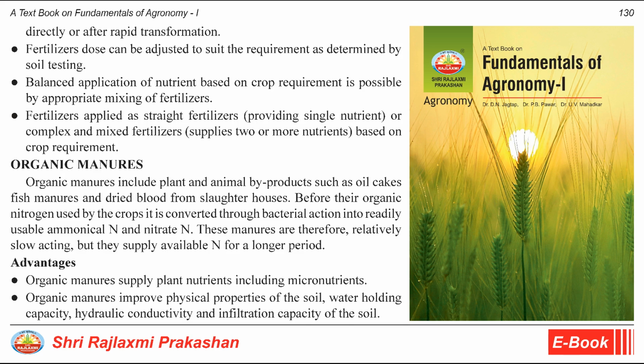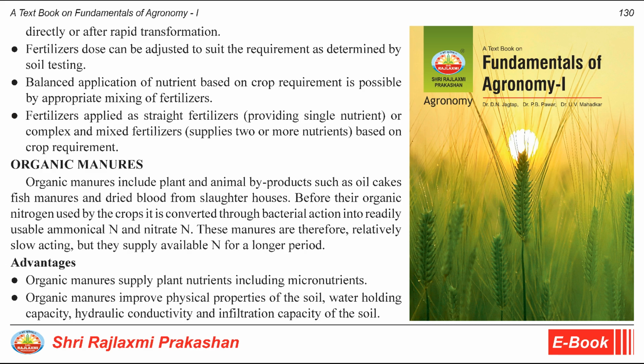Fertilizer dose can be adjusted to suit the requirement as determined by soil testing. Balanced application of nutrients based on crop requirement is possible by appropriate mixing of fertilizers. Fertilizers are applied as straight fertilizers, providing a single nutrient, or complex and mixed fertilizers, supplying two or more nutrients based on crop requirement. Organic manures. Organic manures include plant and animal byproducts such as oil cakes, fish manures and dried blood